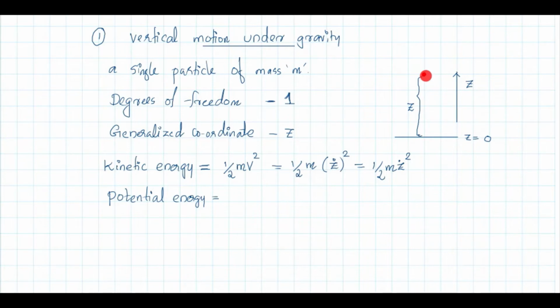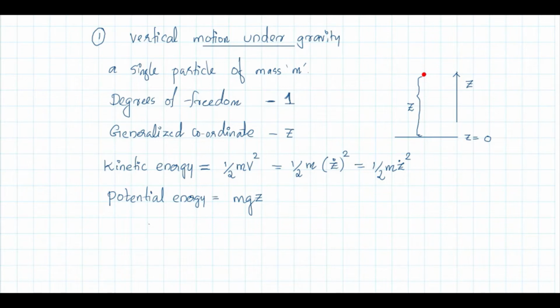At this particular point, what is the potential energy? For defining potential energy, we need a reference, and that reference is arbitrary actually. You can fix it anywhere because only the difference of potential energy has any physical significance. If you are taking the reference at z equal to 0, the potential energy of this mass at this particular point is given by mgz, because for gravitational potential energy you have the expression mgh. Here h is nothing but z. So potential energy is mgz.